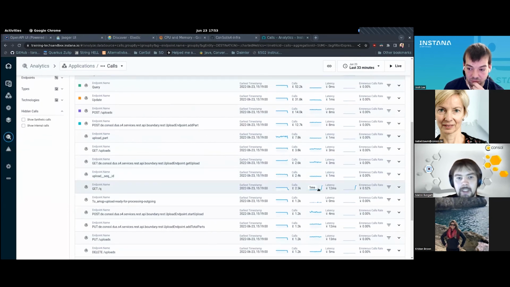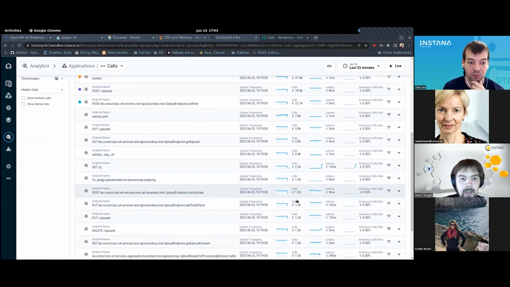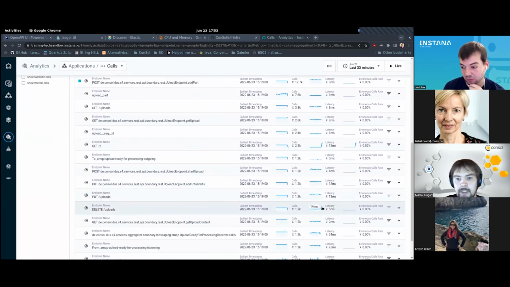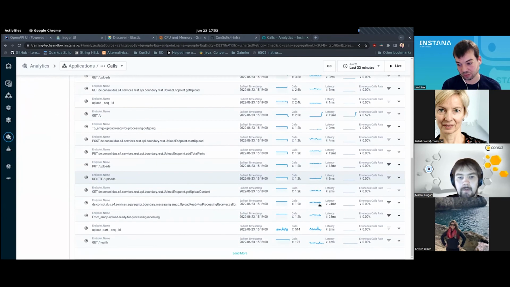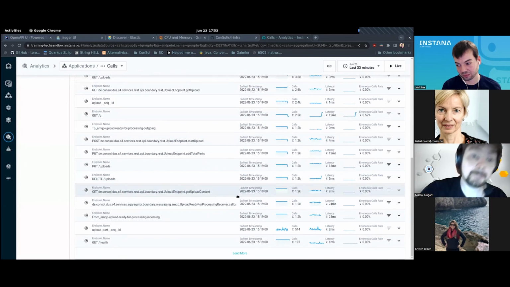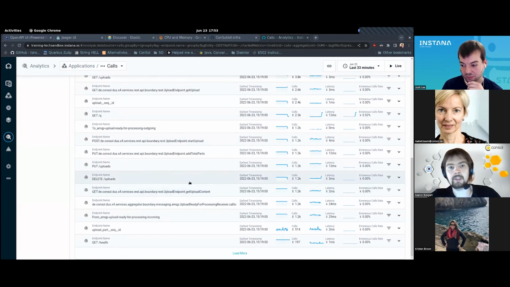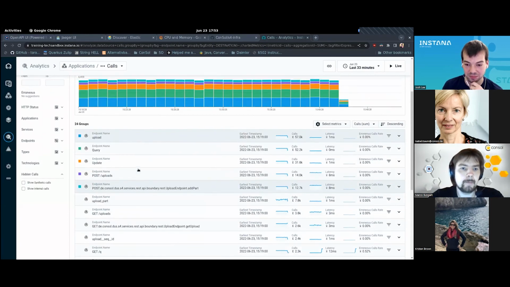And we also see, for example, a rise in latency. For the delete, we see a rise in latency, and we see a rise in error messages. So this already gives us a good example of what is going on here. It seems to be related to something on the REST API.